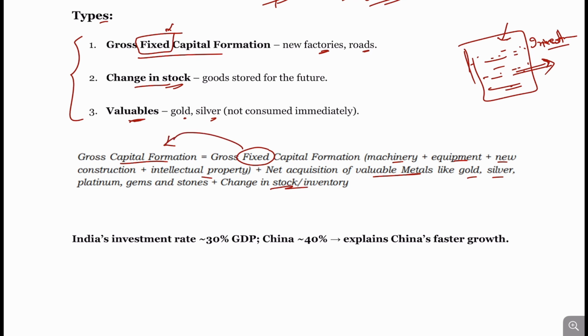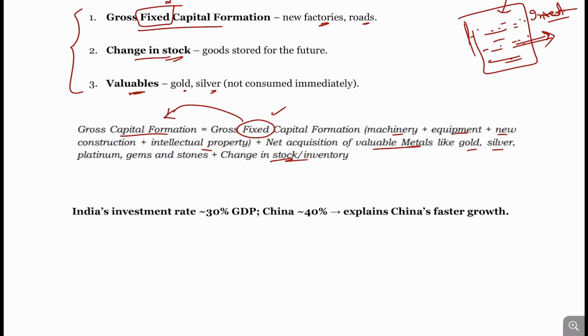You may have heard in the news or in any other media channel, etc., that capital formation is going on in India. So capital formation takes into account all these three things. India's investment rate is approximately 30% of GDP, while China's is approximately 40% of GDP. That is why China is growing faster. The more the investment,